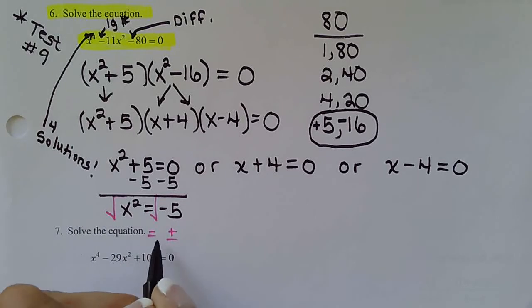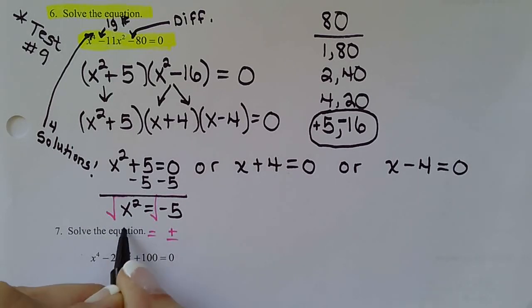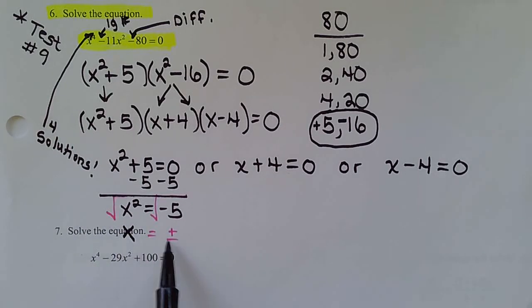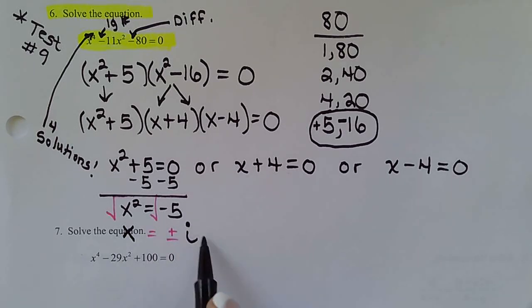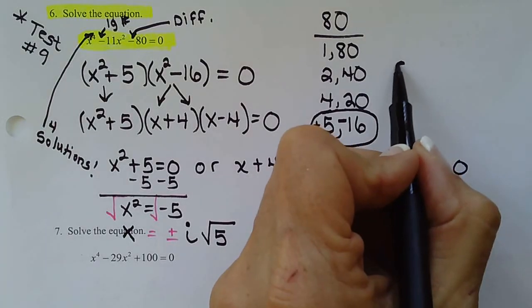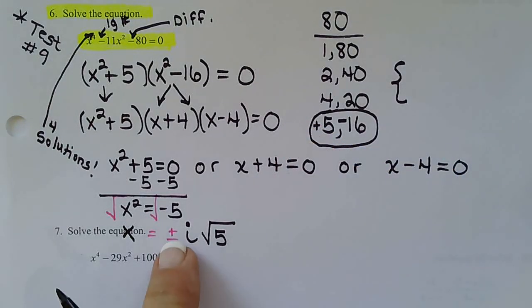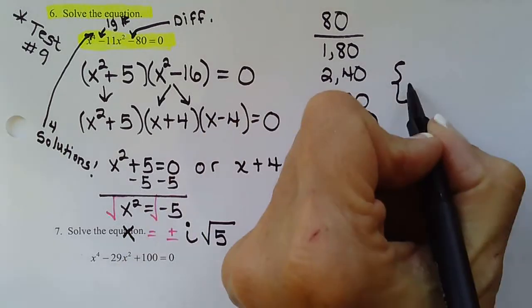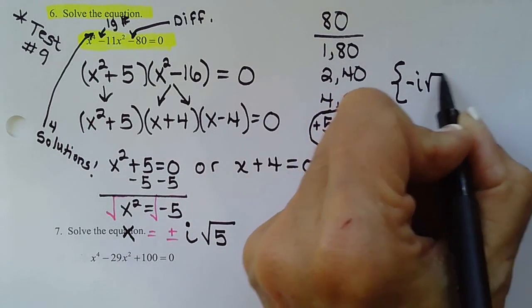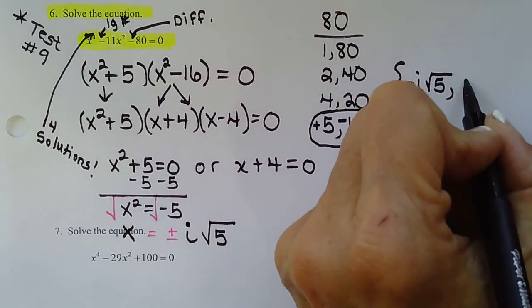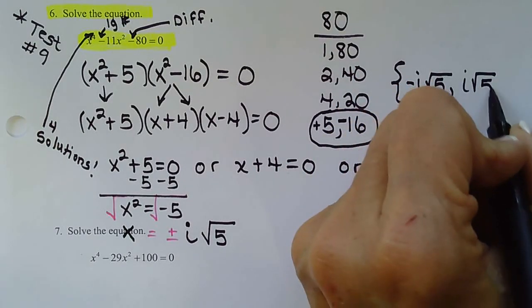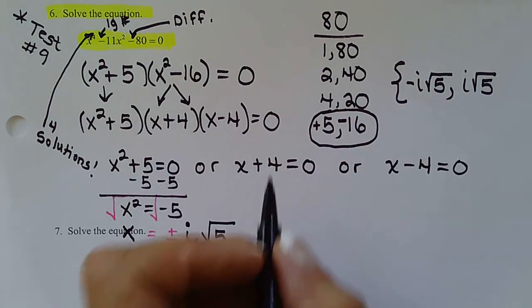Square root of x squared is x. Oh, wow, I just wrote right over this problem. x equals plus or minus. A negative under a square root comes out as i. And square root of 5 can't be broken down, so it stays under the radical. So up here we can start our list of 4 solutions. So negative i rad 5, positive i rad 5. So there's the first 2, and then subtract 4,